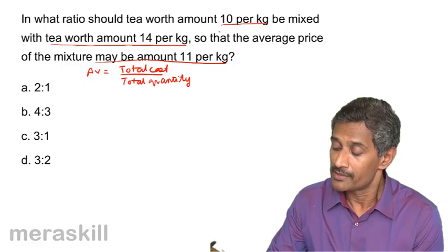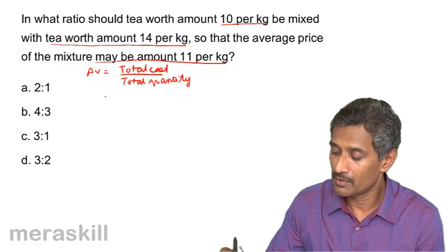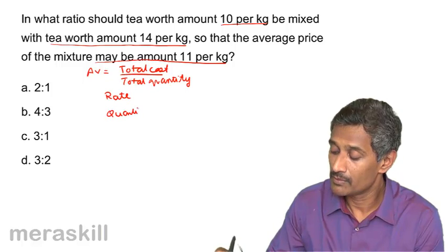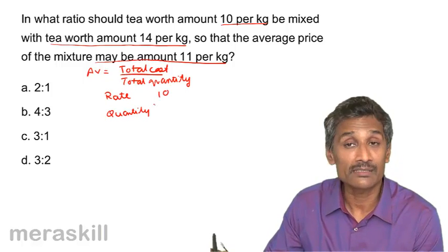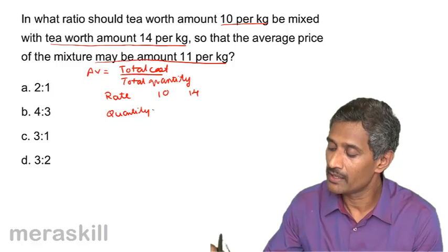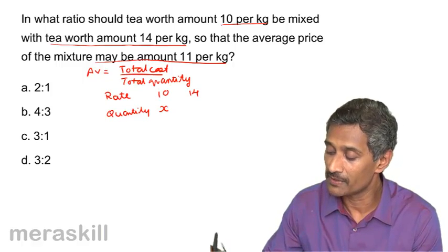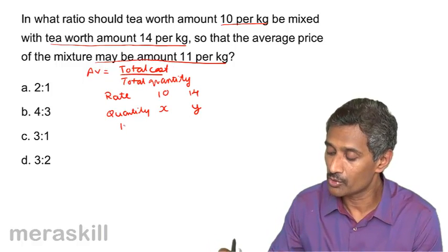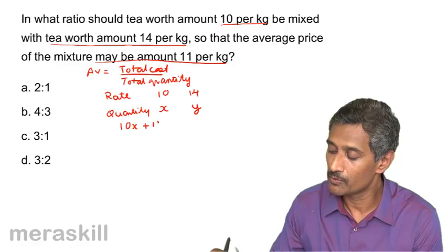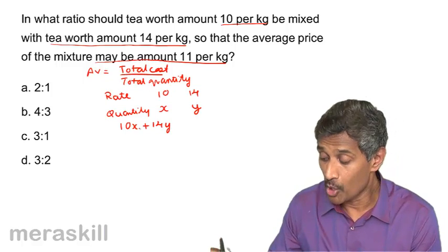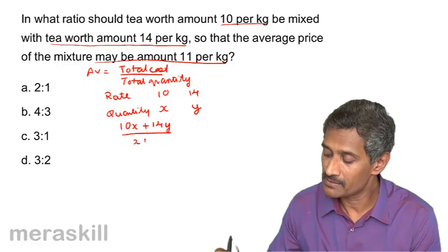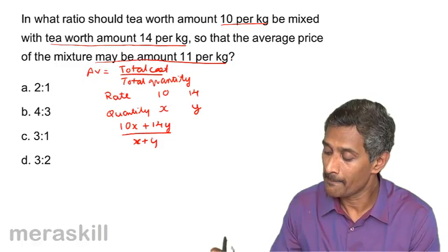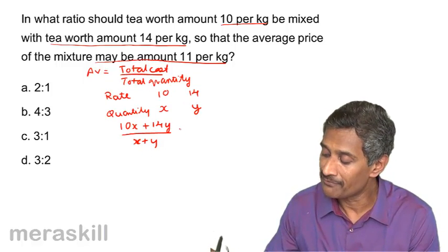So, suppose you have the rate here and you have the quantity. Suppose the first one's rate is 10 and the second one's is 14, and suppose you take x kgs of the first kind and y kgs of the second. So if you look at it, the total cost is going to be 10x plus 14y upon the total quantity, which will be x plus y. So the average is going to be (10x plus 14y) upon (x plus y),